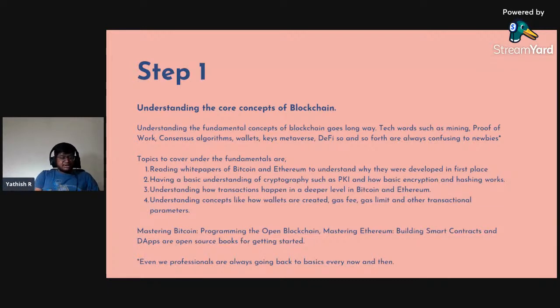So for this, not just me, anybody who is into blockchain would refer to these two books. One is Mastering Bitcoin and the other is Mastering Ethereum. These are two open source books that you can get online. Just Google for them, Mastering Bitcoin and Mastering Ethereum, GitHub or something. You'll get those free resources of the entire book, which is really, really good to get you started